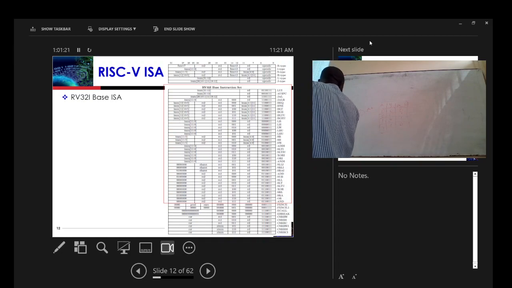The most important thing is that when A and B are the same, the output is 0. When they are different, the output is 1. So what was I talking about? When it becomes the same, once they are the same, it is 0. 0 and 0 is 0, 1 and 1 is 0. But if one is different,